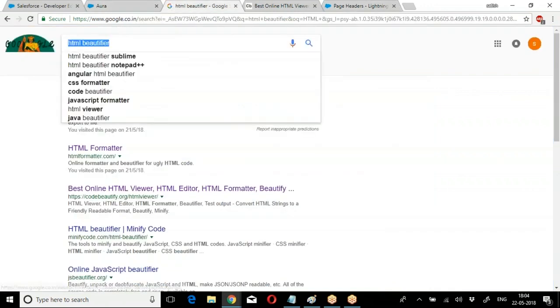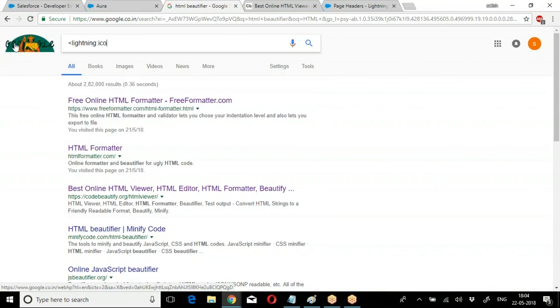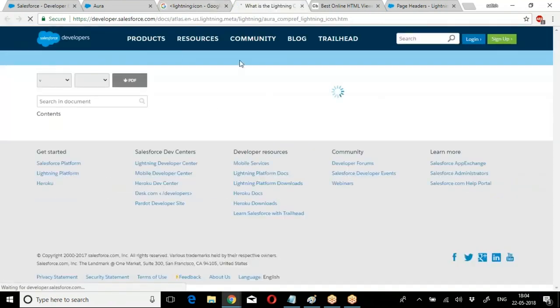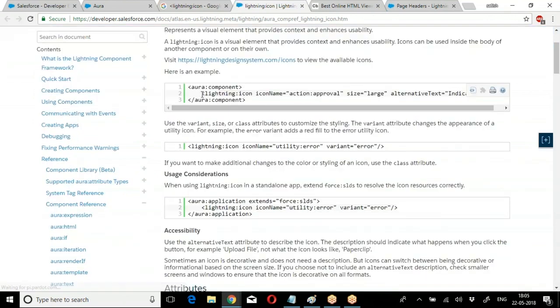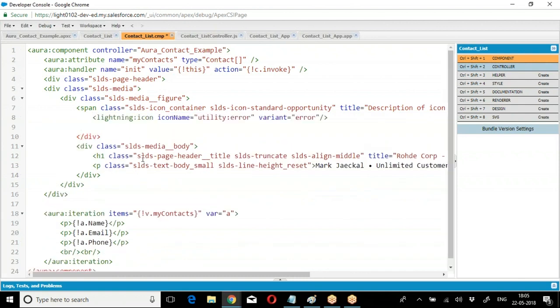So how to use your own icons? Again, there is an attribute called lightning icon using which we can go for it. So how will this icon be created? Lightning component. So what should I do? I have to remove this SVG because it's not going to be supported. The source is not supported by my organization. So what I did? I removed this SVG, creating